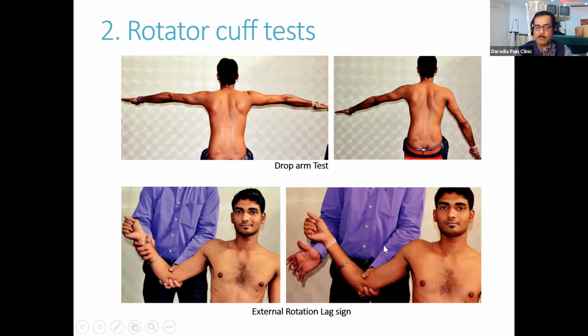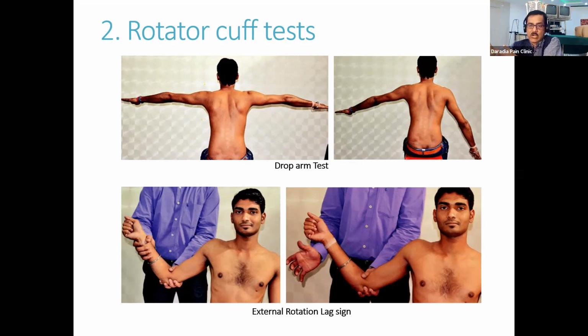It should be a little bit more abducted. It should be 90-degree abducted, but this is actually looking like 60-degree abducted. I'll be showing you on the volunteer. So it should be 90-degree abducted, and then you are resisting it as much as the external rotation is possible. So who is this external rotator? It is your infraspinatus and teres minor. So the patient will be able to have these external rotations in the mid-arm abducted positions nicely if the infraspinatus and teres minor are working properly.